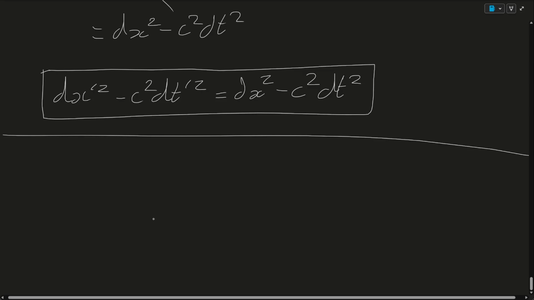There's a reason why Maxwell's equations require special relativity. If you write Maxwell's equations in 4-vector form, then they're already Lorentz covariant, which is why we're able to do this. So if we have a four-potential